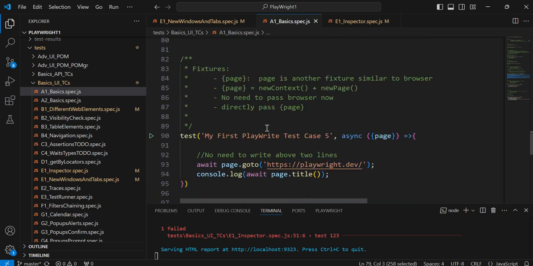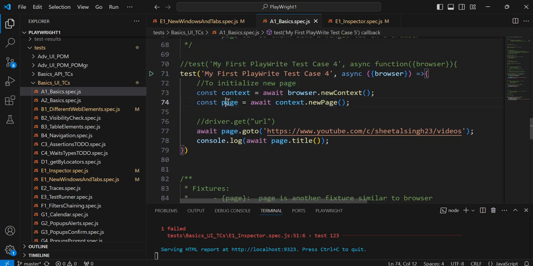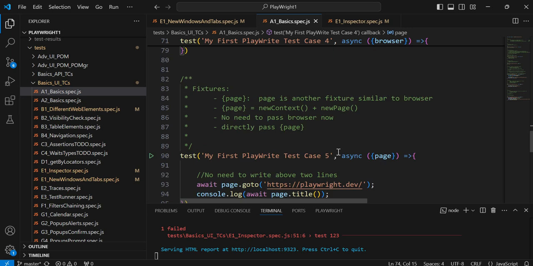But after that, I also told you that there is a fixture called page. Okay, it's a fixture. Here I have created this object. It can be page123 as well, and you have to write page123 here. It will work, no problem in that. But there is a fixture